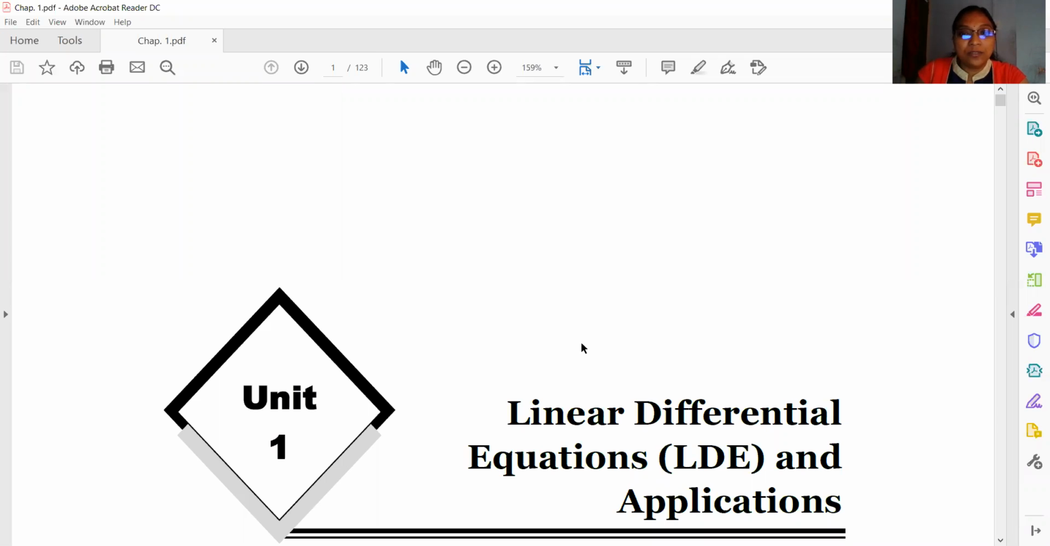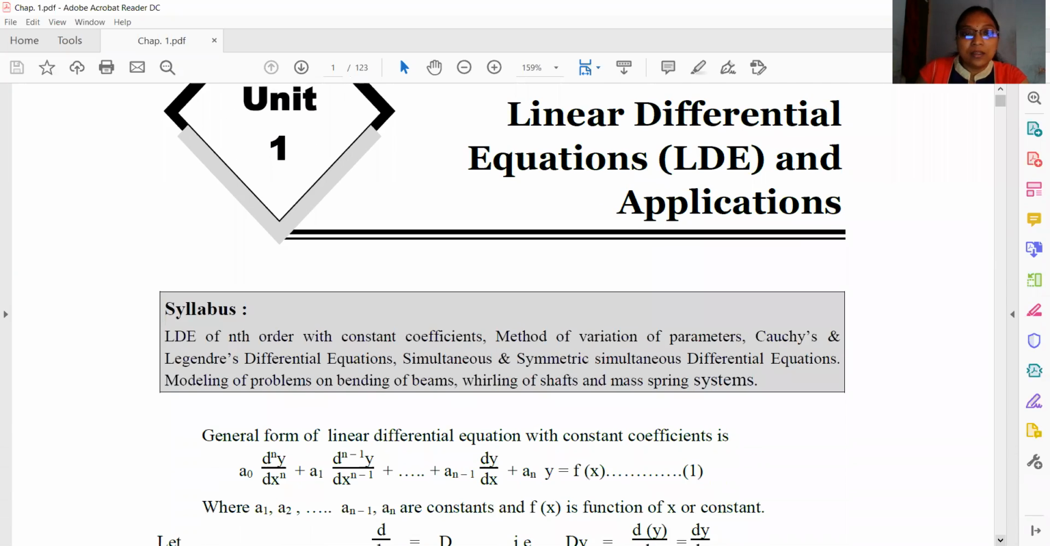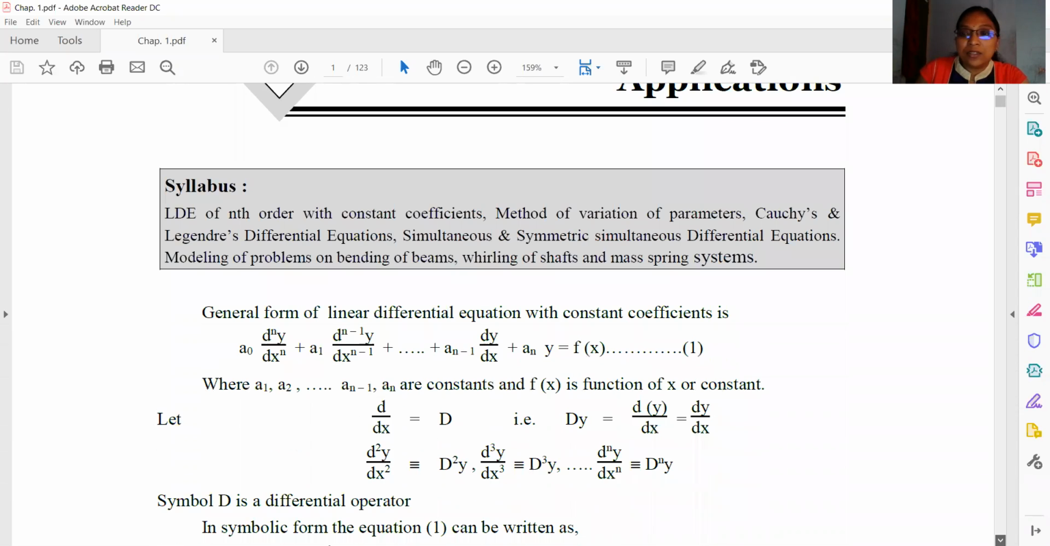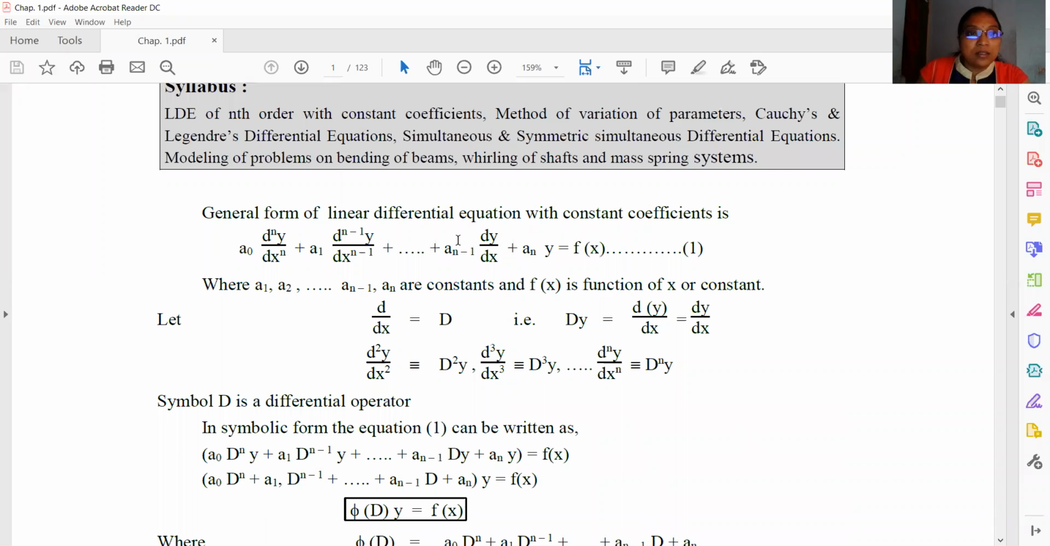Hello friends, today we are going to learn about linear differential equations. In this topic, first of all we'll deal with linear differential equations with constant coefficients. The general form of a linear differential equation with constant coefficients is